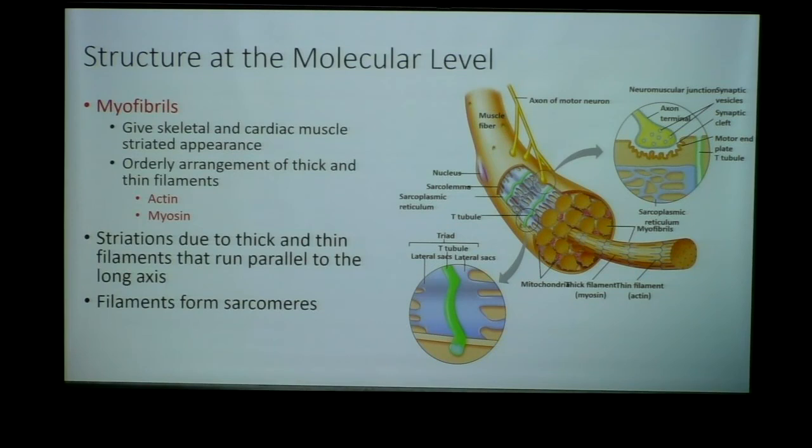And if you look closely at one sarcomere, so from this structure to this structure, this is a sarcomere. This is made of these two proteins that we just described. In the middle is this thicker protein that's called myosin. It forms the thick filament of this sarcomere. And towards the ends of the sarcomere are these blue proteins, or these thin filaments, which are formed by actin. And together, the actin and myosin overlap in this unit to form